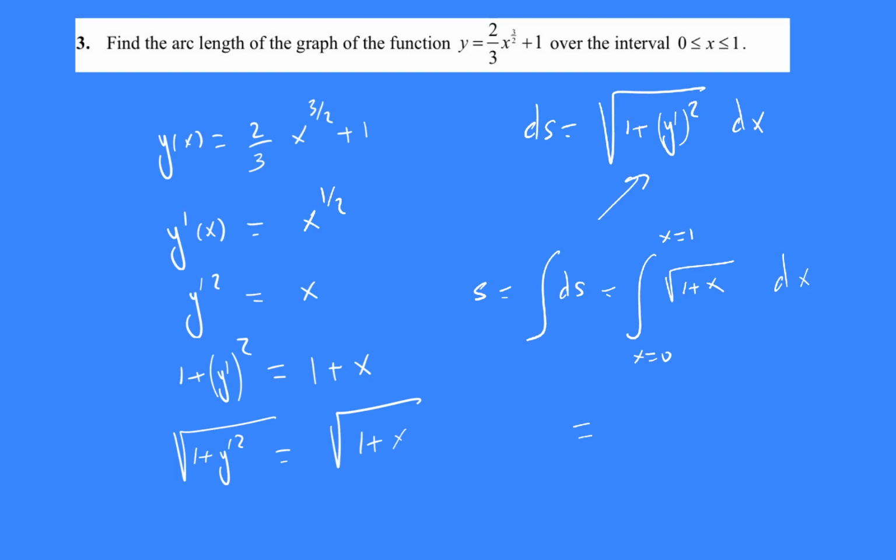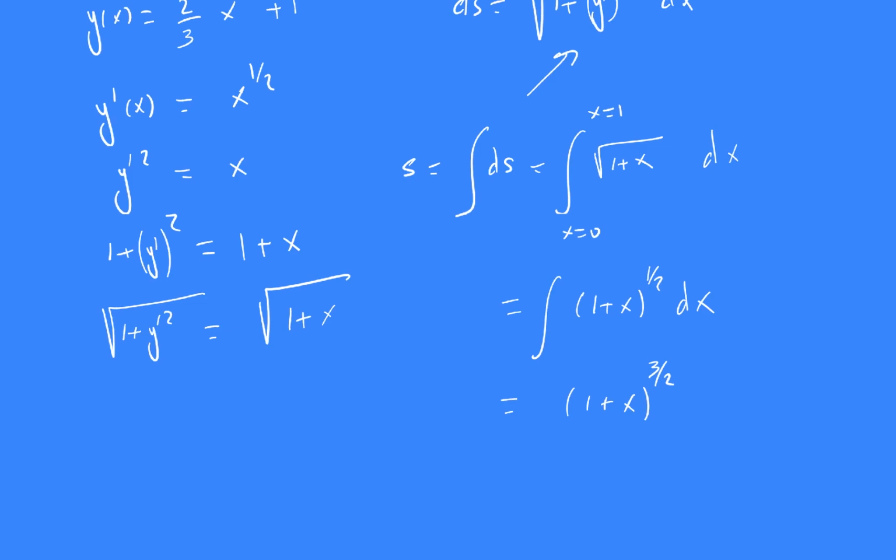Well, the antiderivative of this function, (1 plus x) to the 1/2 dx, is a function whose derivative is (1 plus x) to the 1/2, or (1 plus x) to the 3/2. (1 plus x) to the 3/2 is a function whose derivative is (1 plus x) to the 1/2. So I have to evaluate this between x equals 0 and x equals 1. So the s, the arc length, will be